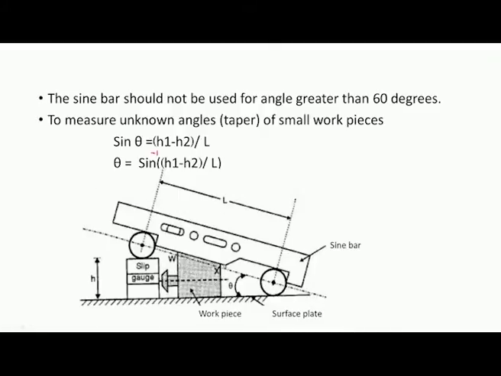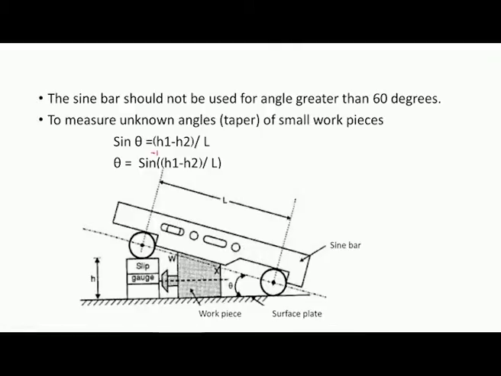see the arrangement of how we can use a sine bar for measurement of taper angle. You can see here, this is the workpiece and we need to measure the taper or the angle between this surface and this surface. This is the angle that is to be measured. We have to clean the surface of the workpiece, and we should keep the workpiece on this cleaned surface plate, and then over that we have to mount the sine bar as shown in this picture. We can take the help of maybe the angle plate or magnetic stand to mount the sine